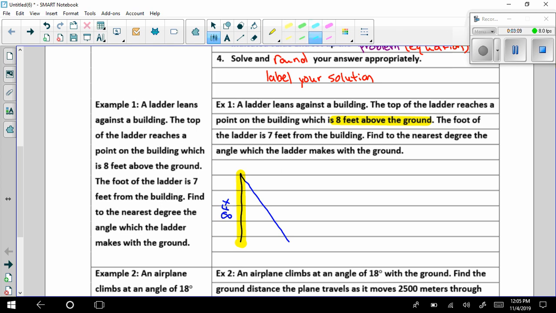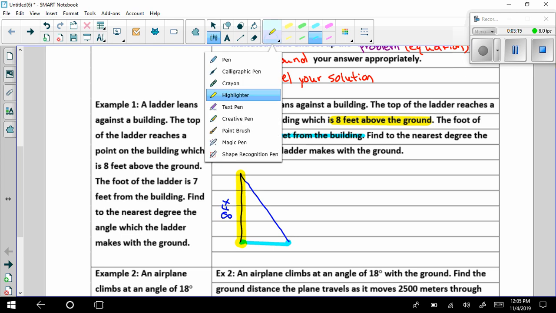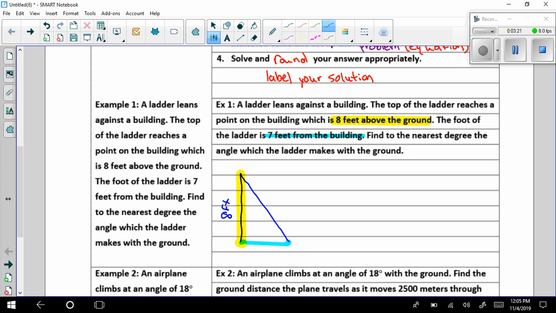The foot of the ladder is 7 feet from the building. So again, here's the building, here's the foot of the ladder. So that distance from there to there is 7 feet. It doesn't say anything about how long the ladder itself is. So I'm not going to label that. Okay. Find to the nearest degree the angle at which the ladder